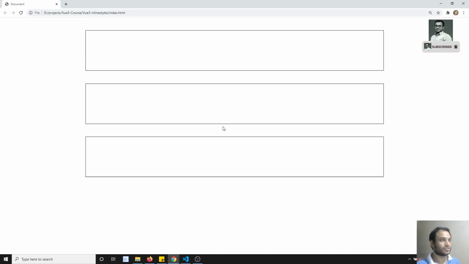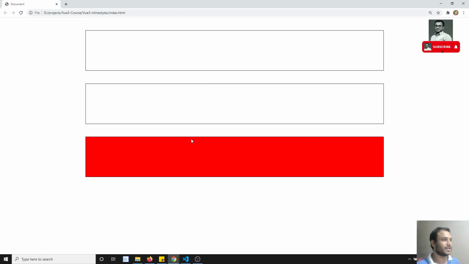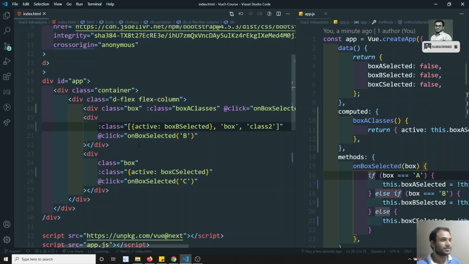This is how we can apply the CSS class dynamically through the array syntax, and also through the computed properties. These are all the basics of Vue.js. Applying dynamic styling and applying dynamic classes, these are the basics of applying CSS classes, so that by using these things we can build amazing user interfaces through these dynamic classes.